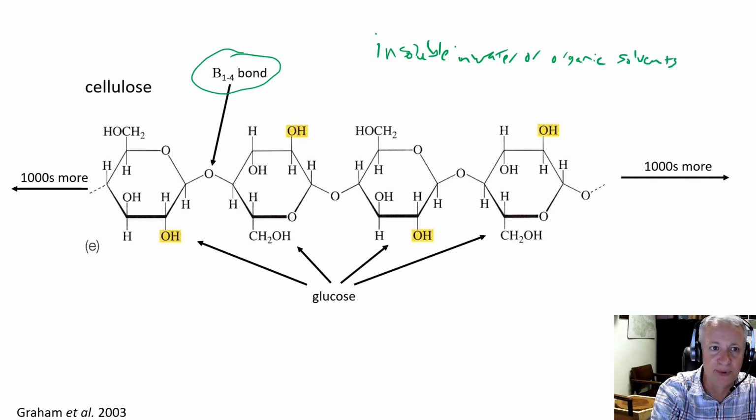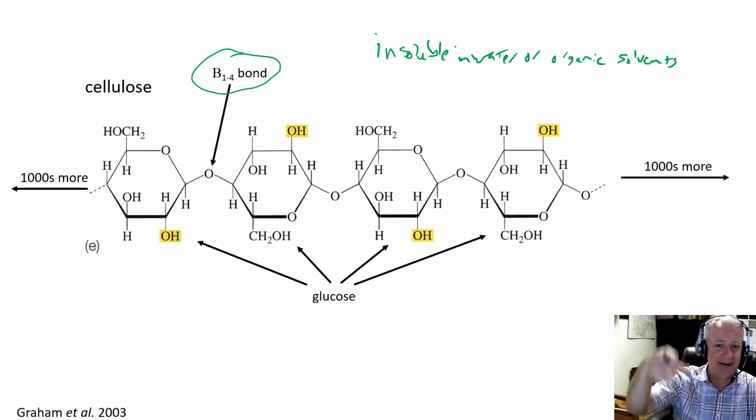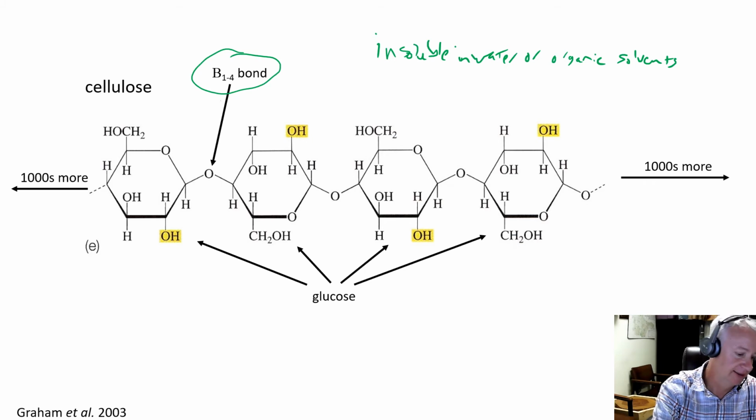So that's really important. Cellulose makes up cell walls. It makes up the structure of plant bodies. So it's important that it be insoluble. If it was soluble in water, obviously, then plants would just melt in the rain. So cellulose is insoluble in water or organic solvents, and it's quite resistant